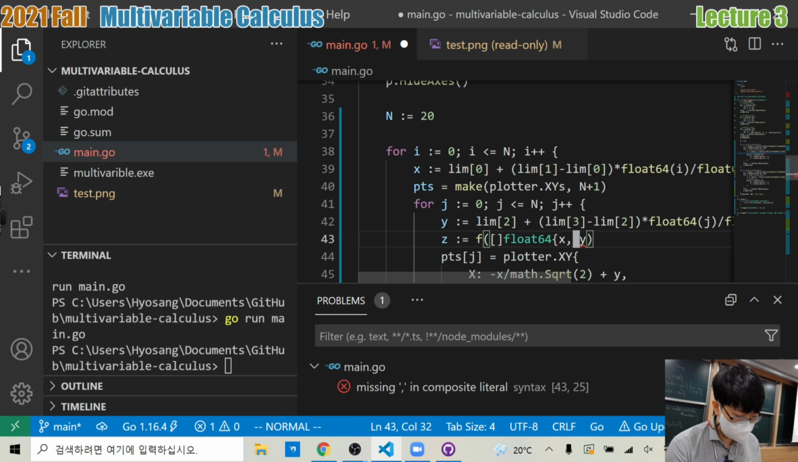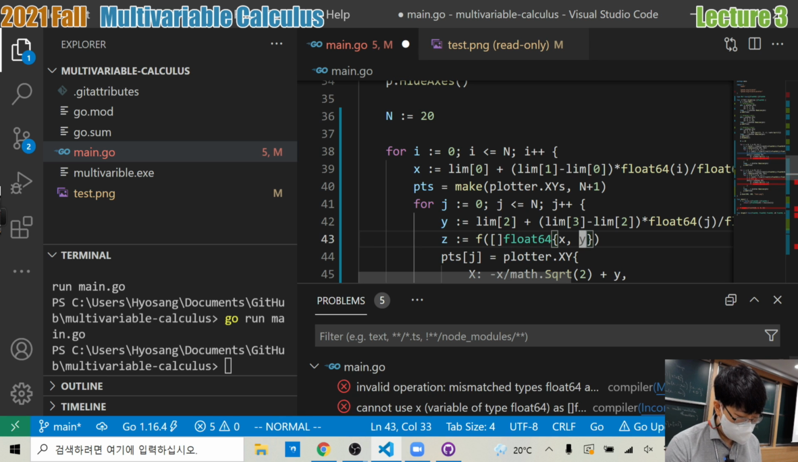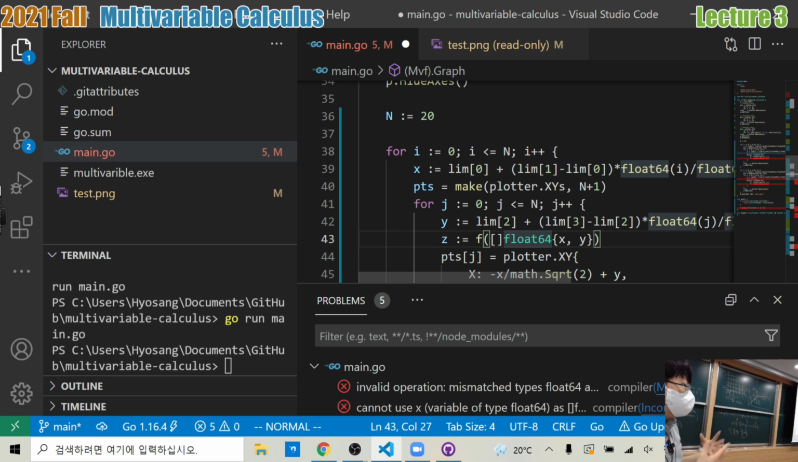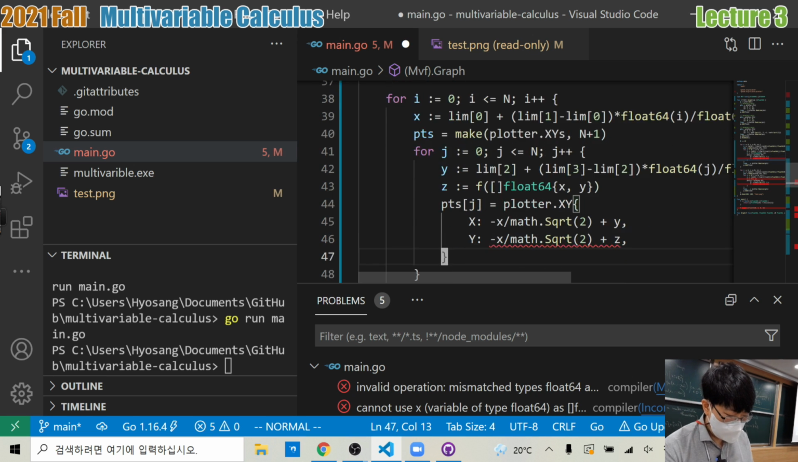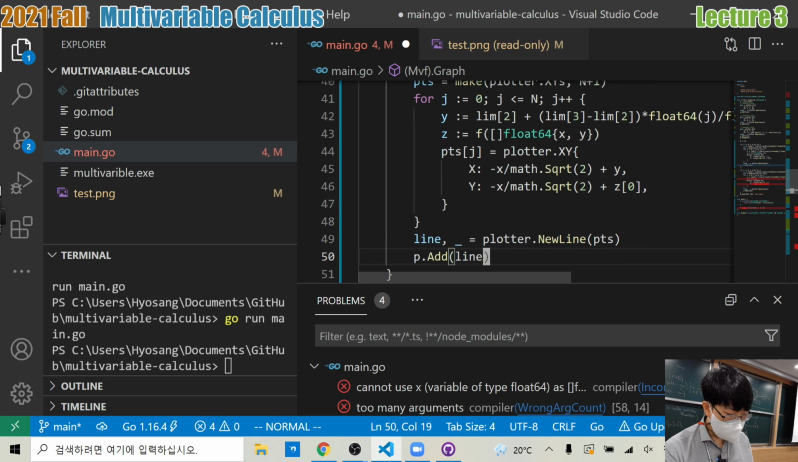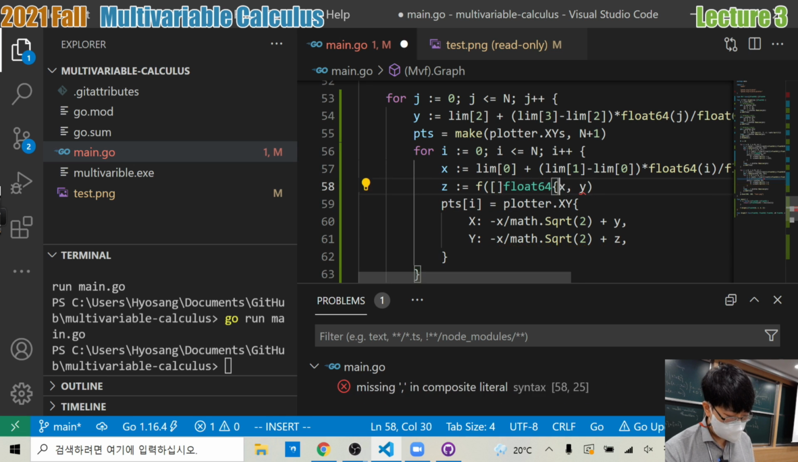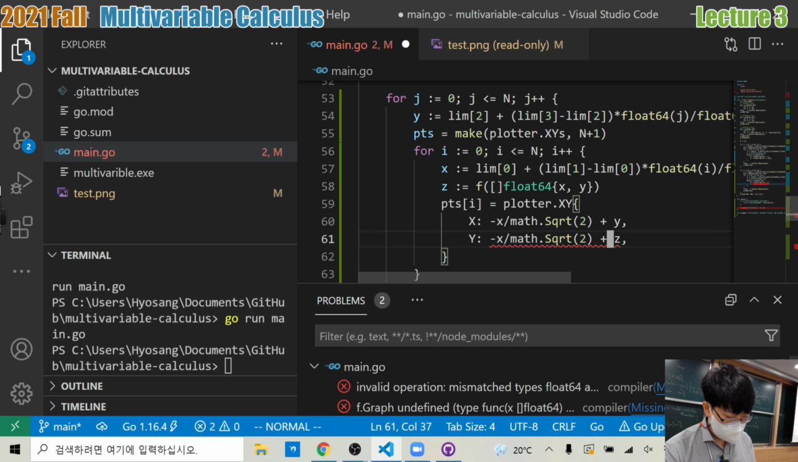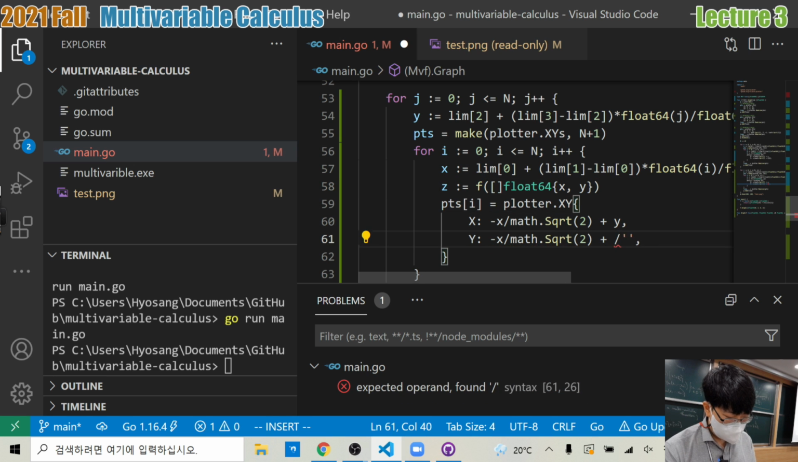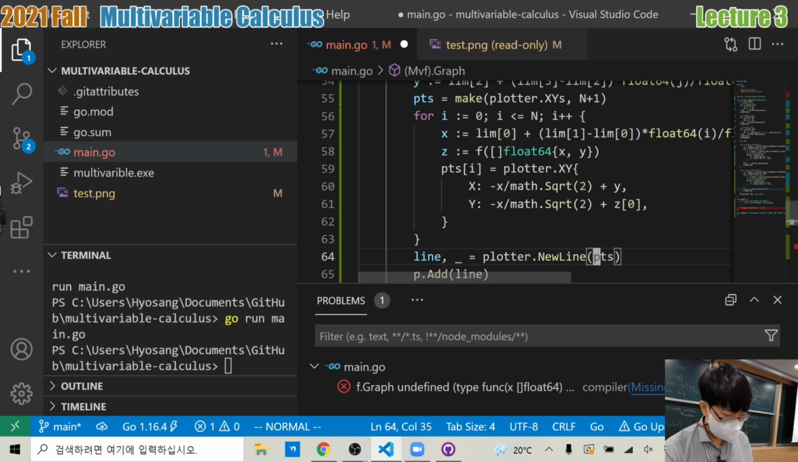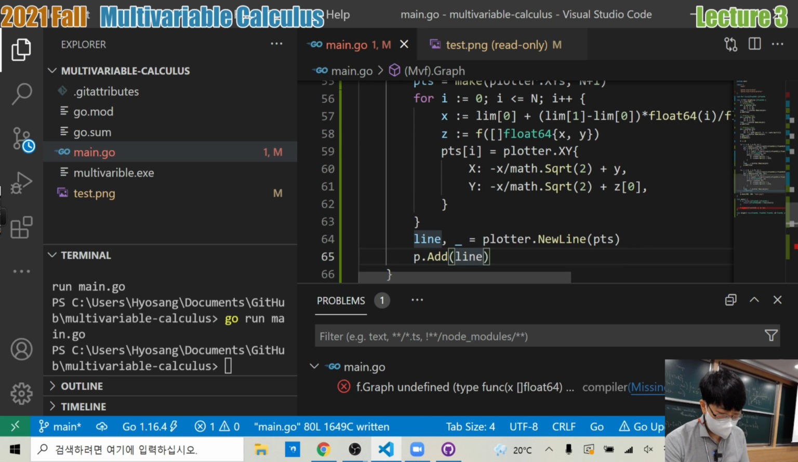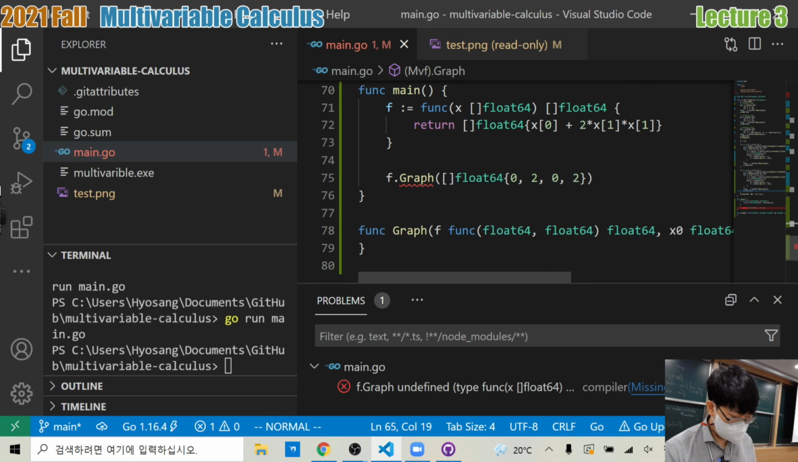Floats, 64, x and y. And now z also becomes an array of floats, but it only has one element. So I have to take the first one, which is z0. And same thing for the second part, array of float 64, and I have to use the first value of the output. We still have some error message which says that